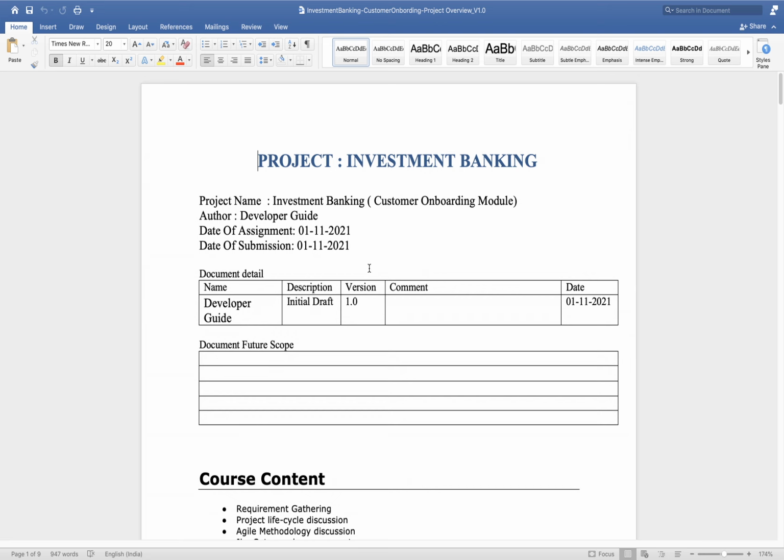So for this customer onboarding process, whatever APIs we need, we will develop and discuss all those APIs. So whatever functionality you can see here: login, registration, forgot credential, reset credential, view customer account, view profile, update profile, verify profile.